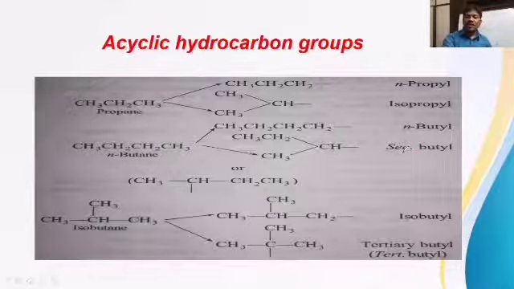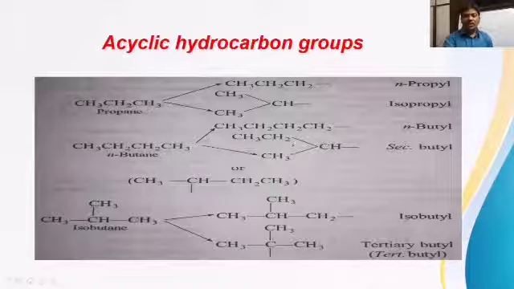We should not say isobutyl here. Whenever iso is used, the condition is that at one end an isopropyl group should be there. If this isopropyl group is present at one end, then only we say isobutyl. But here, at either end, there is no isopropyl group available. That's why this group cannot be called isobutyl. We simply say secondary butyl or secondary alkyl, because the free bond is located on the secondary, 2-degree carbon. Keep that point in mind.